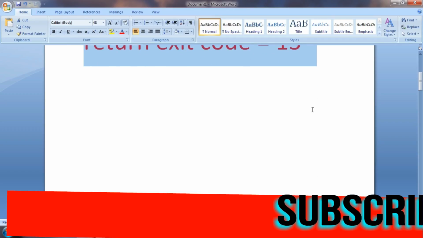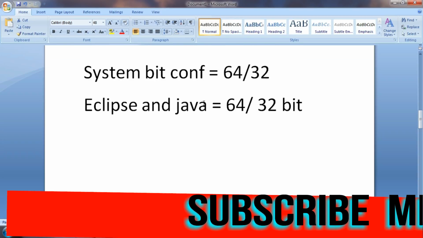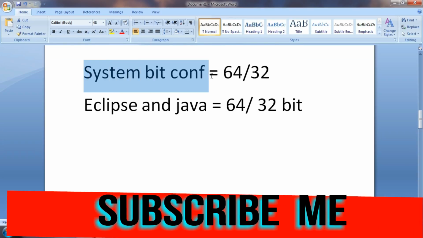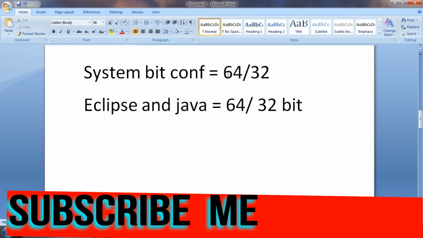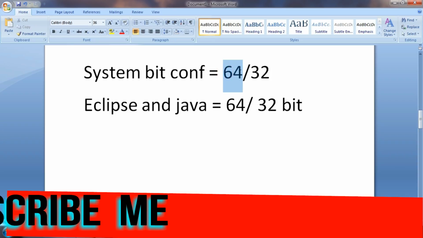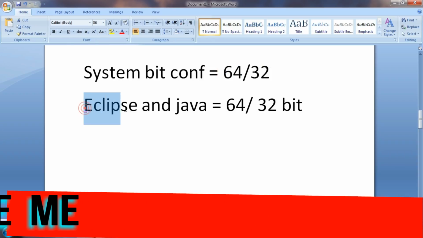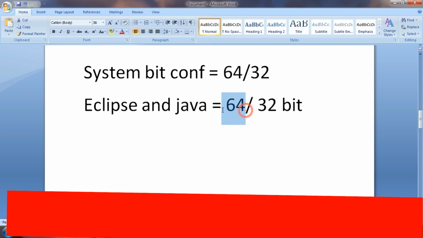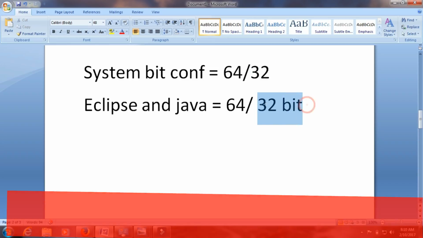It means if your operating system is 64-bit, then you have to use Eclipse and Java for 64-bit. And if your operating system is 32-bit, then you have to use 32-bit Eclipse and Java.